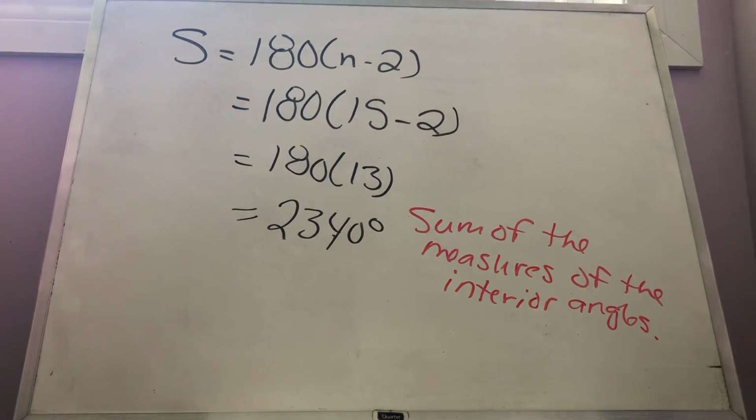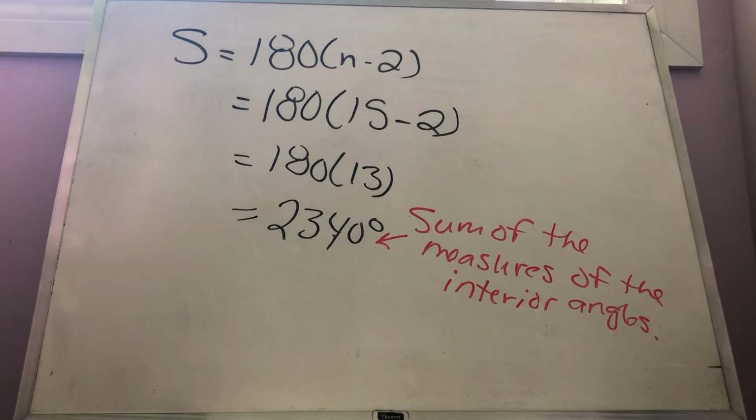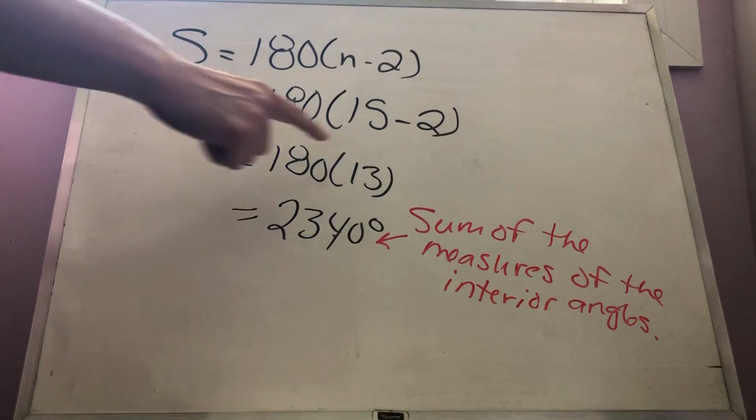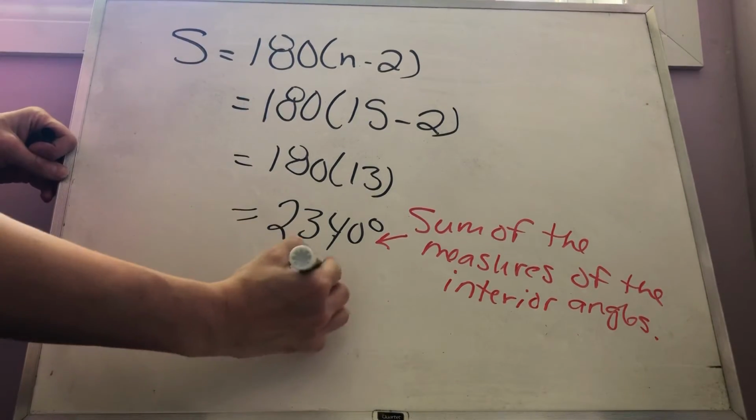There's actually 2 other answers I'm going to bring you to. So this one here is the sum of the measures of the interior angle. So that's all of the angles added up inside the shape, inside the polygon. The question's actually asking, determine the measure of each interior angle. So if we're looking for just one angle, you would just then divide it by however many sides you had in the shape. So if I take this, divide that by 15,